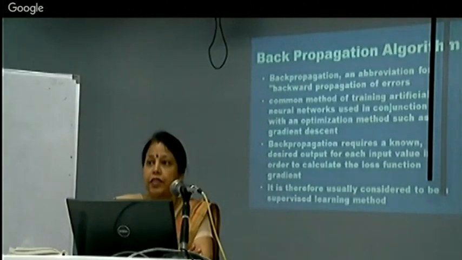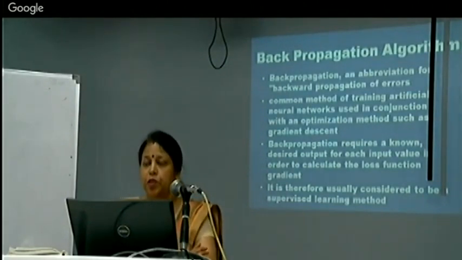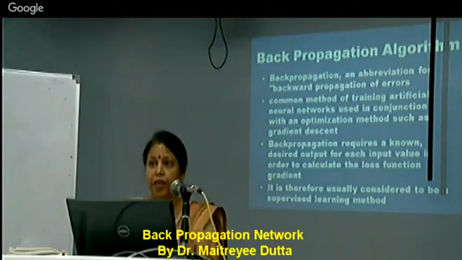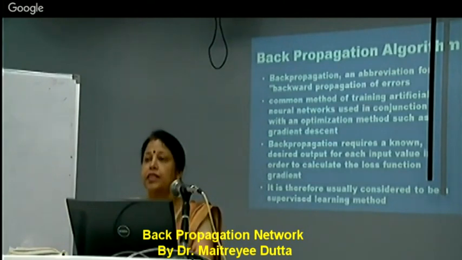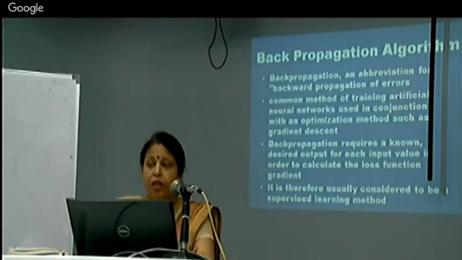that is backward propagation of what? Propagation of errors. That means we calculate the errors, and those errors we will propagate backwardly again in the network, and then again the training will be done. Here the term error comes, but in perceptron there was no error term. That was a convergence theorem.